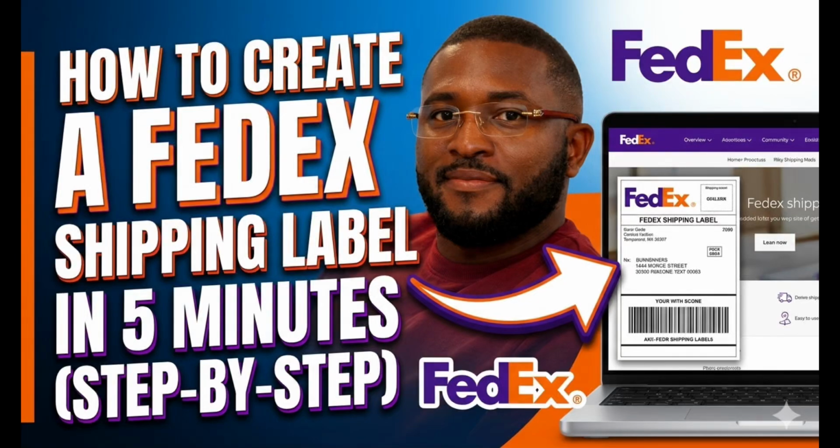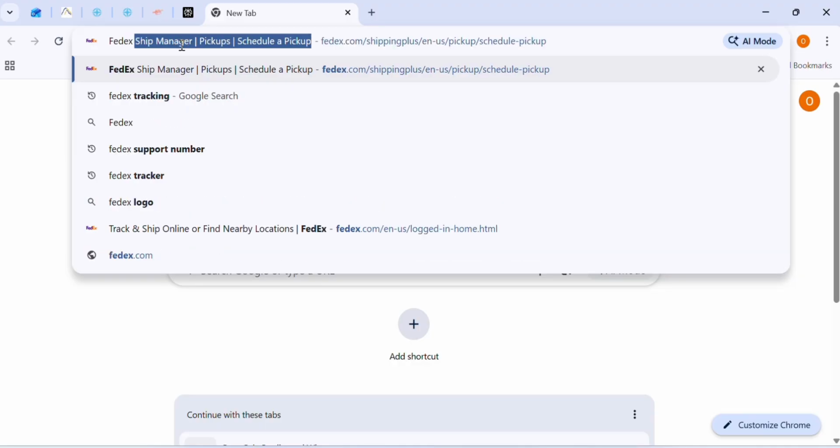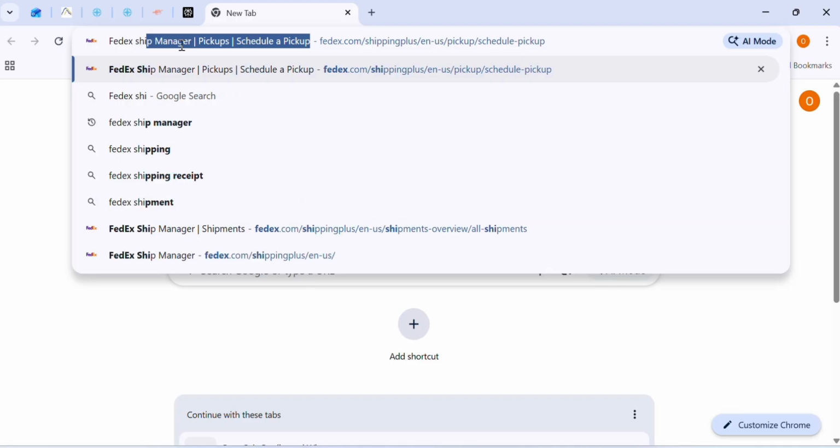Hi guys, today we'll be teaching you how to make use of FedEx to create a shipping label. Stay tuned and we'll be giving you a detailed walkthrough on how you can start it and finish it at the lowest cost. The first thing you do is to go to Google on your web browser and search FedEx